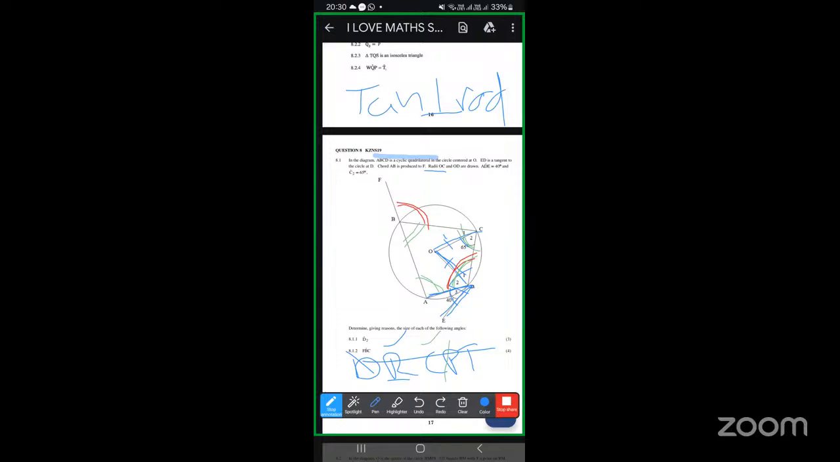8.1.1. They're saying determine, giving reasons, the size of each of the following. Now, what is the size of angle D2? Where is D2? D2 is here. To find that angle D2, because we noted that this is a radius and this is the tangent to the circle AD, therefore this angle